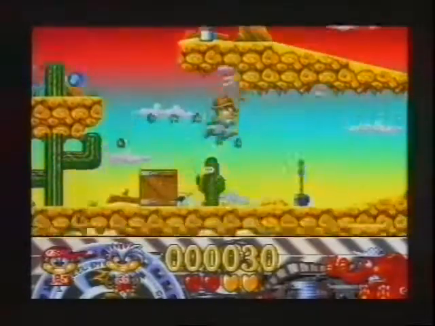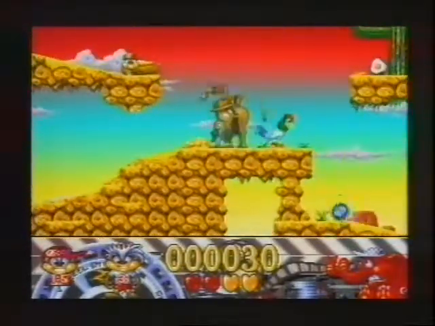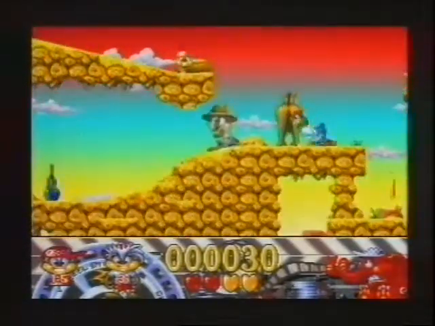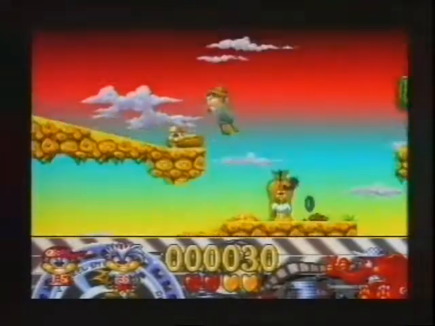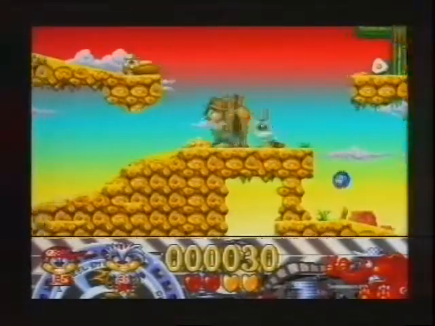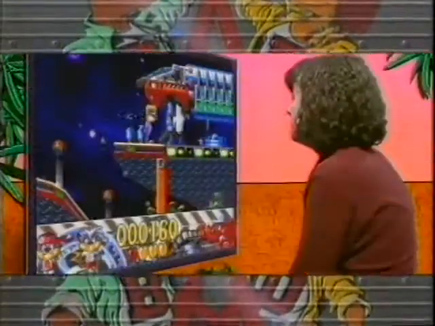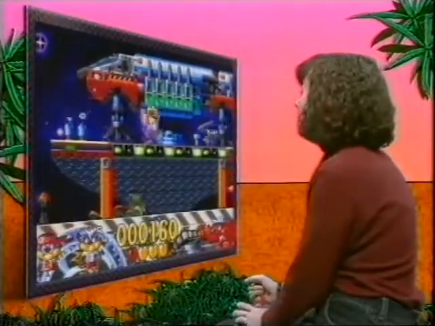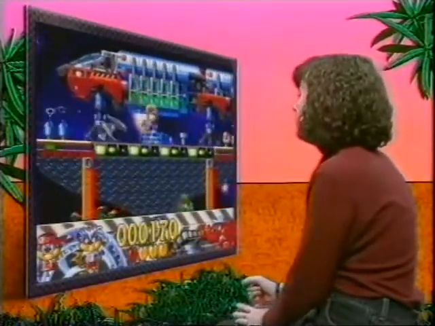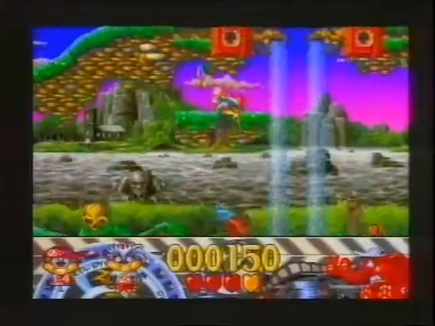Star in your very own Oscar ceremony with a new platform hero for the Amiga. Oscar is a cute little chap of indeterminate origin who finds himself in a Hollywood dream world. Here's Angela. This is a brilliant idea for a game. All the levels represent different types of films. This is a horror level.